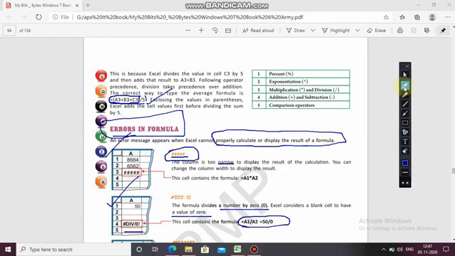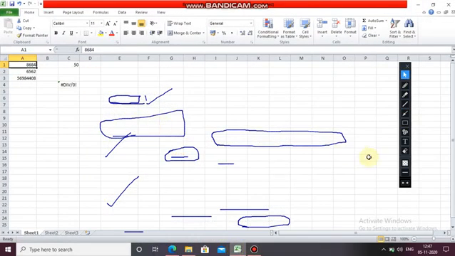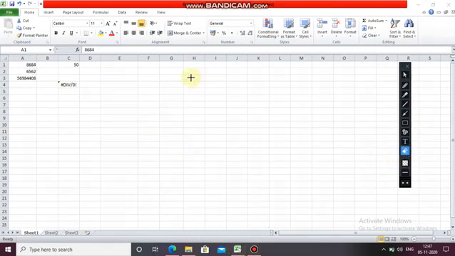Okay, let's check it also. Here you can see 50 and then there is a blank space, and here we have written the formula. What was the result? #DIV/0!.